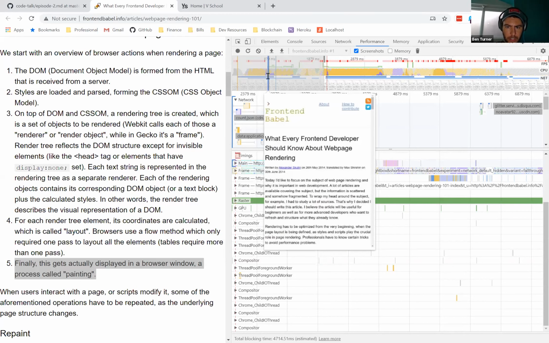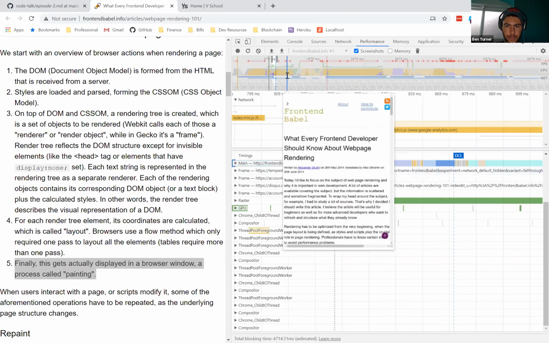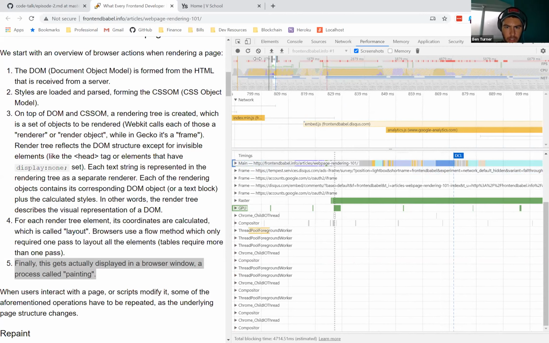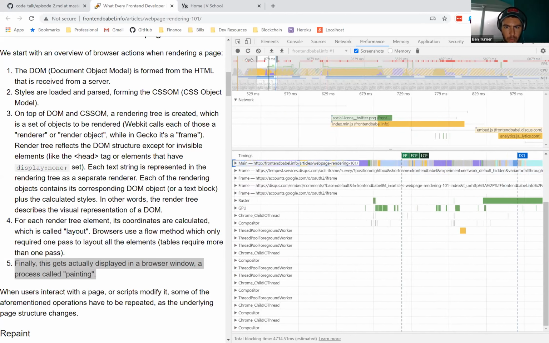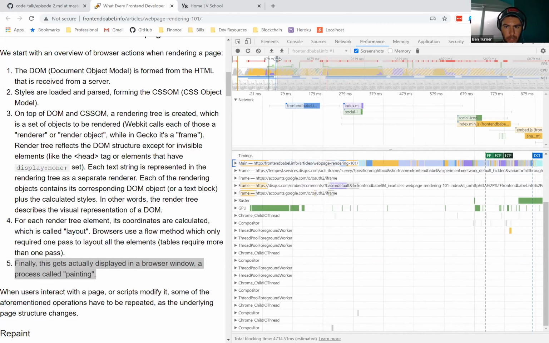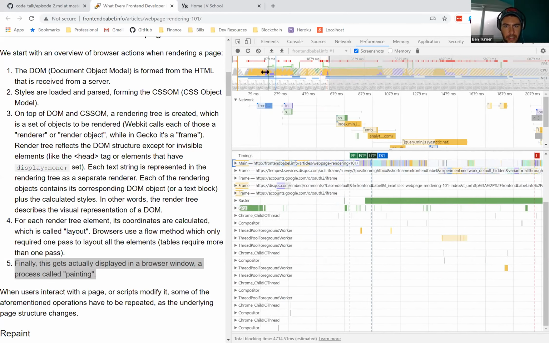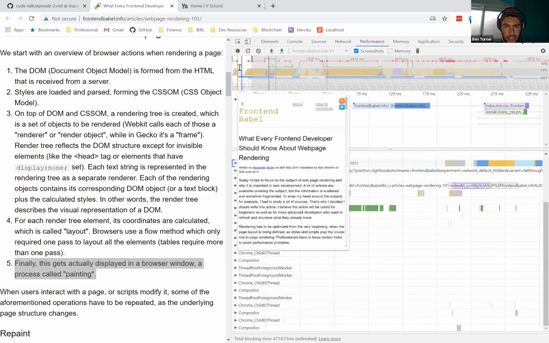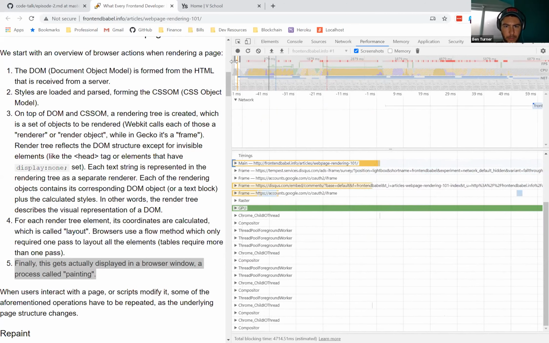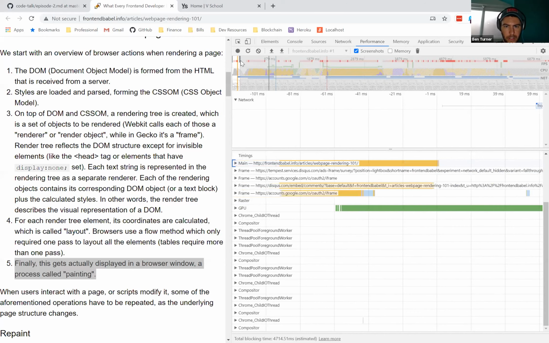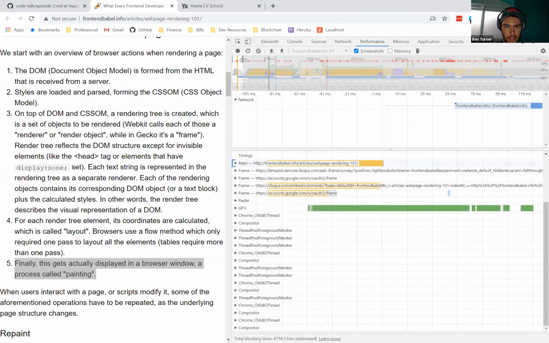We can expand and shrink this area. This white part is what we see. If it's grayed out, we're not seeing it. I'm going to go right from the beginning, which is right here. We're just going to take a look at this little snippet and see what's going on.